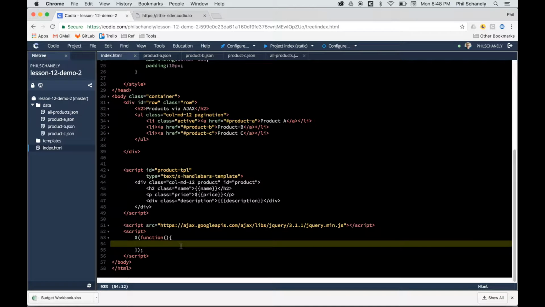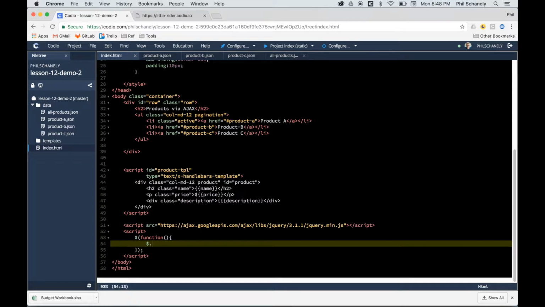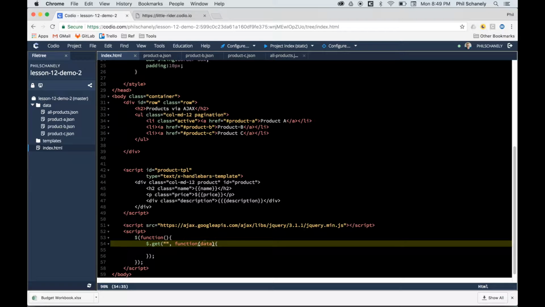We're first going to want to load our data. So this is where we're going to do an AJAX operation, $.get. We're going to pass in the path to the data set and then have an anonymous function that responds to it. And we'll call the result data. Okay, so where is that file? Well, it's in data